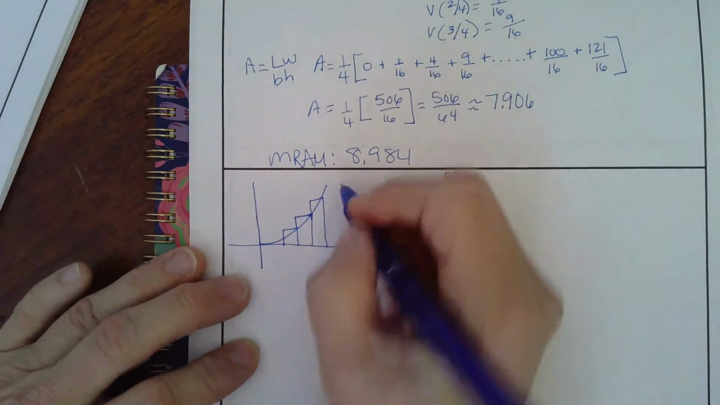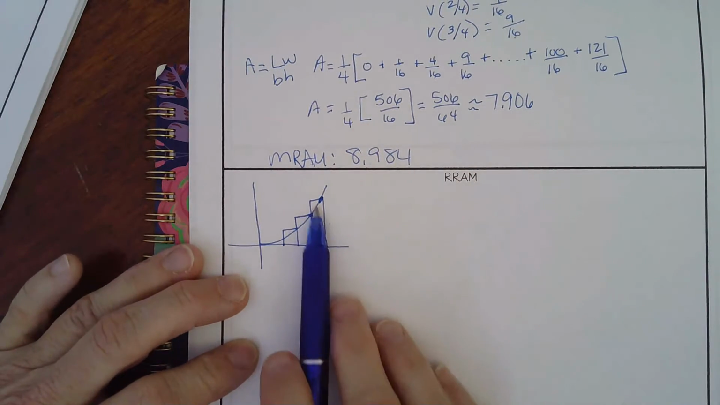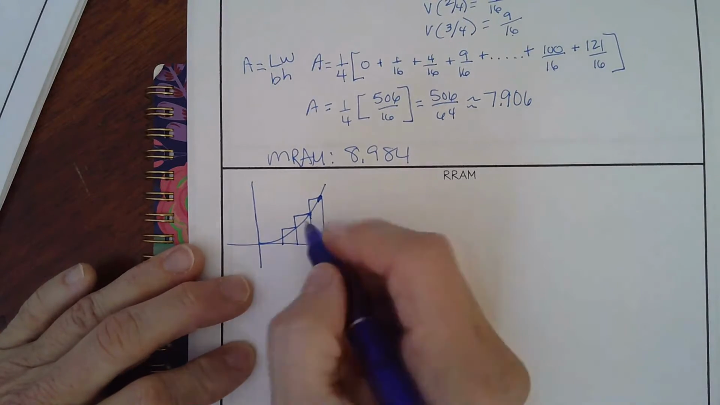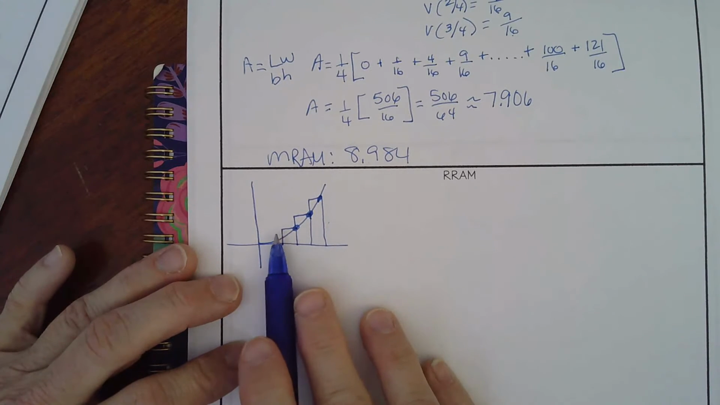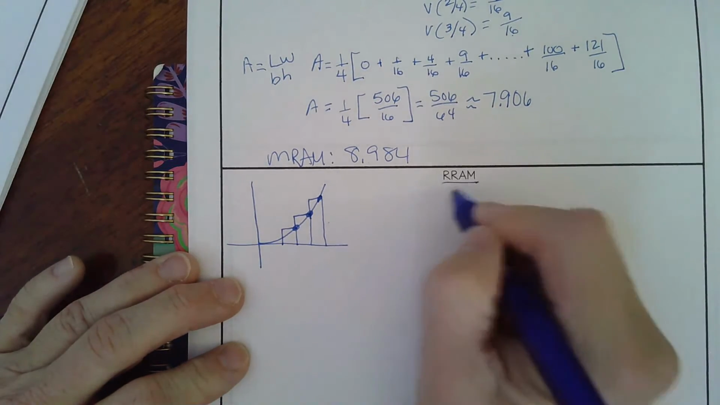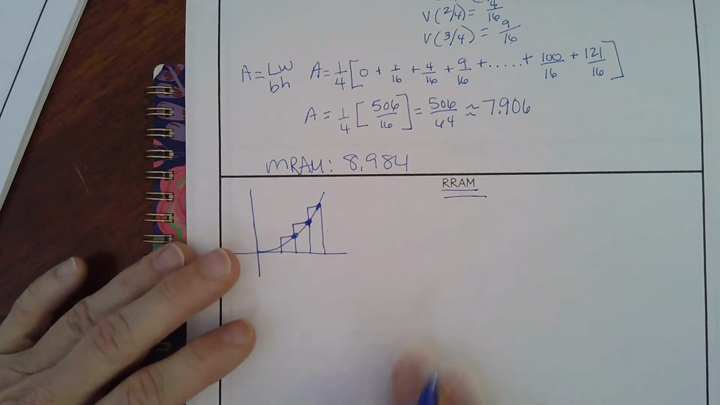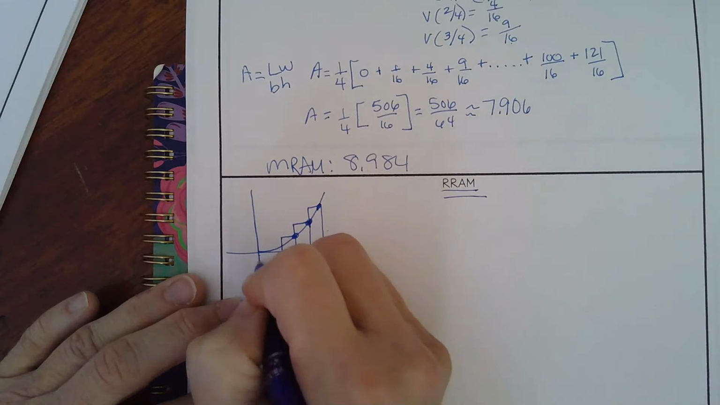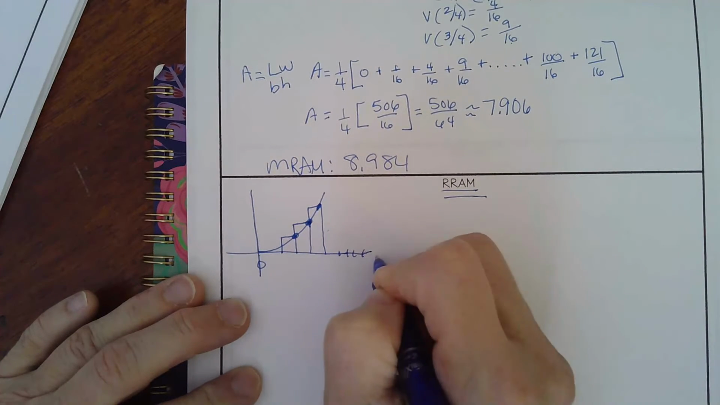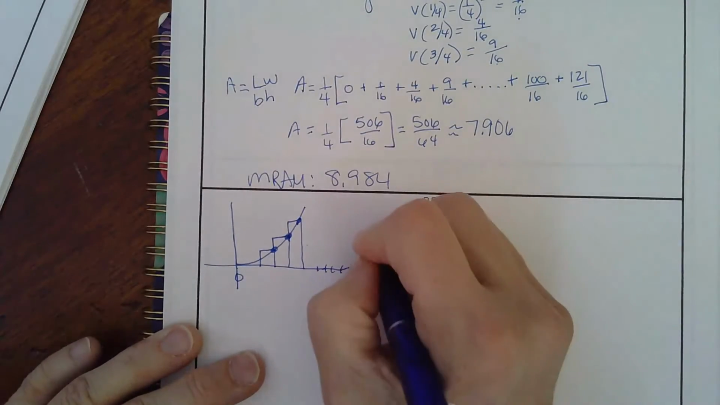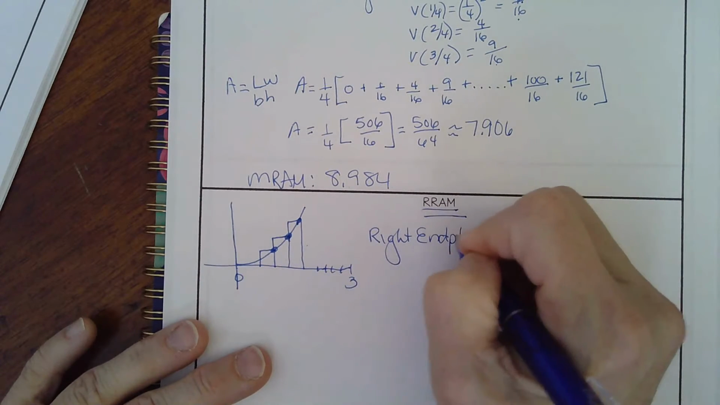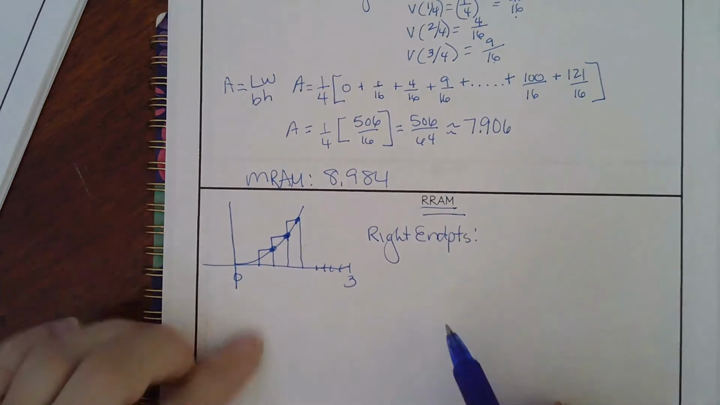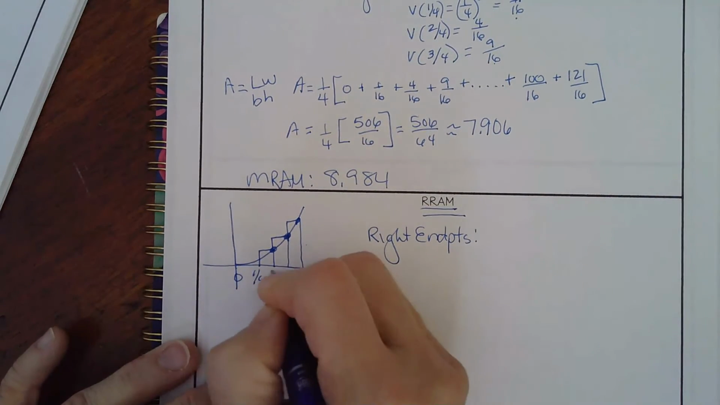So if you look, each rectangle, the intersection of the rectangle and the curve is now using the rightmost point on the rectangle. So that's where we're using the right RAM. So our endpoints, being that this goes from 0 to 3, our right endpoints are going to start not with 0, but we're going to start with the 1/4. So 1/4, 2/4,